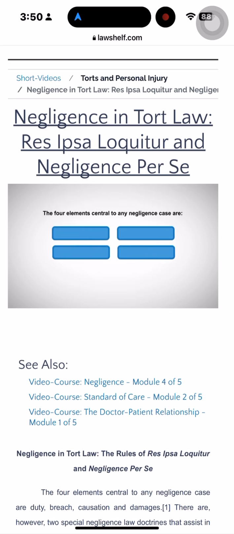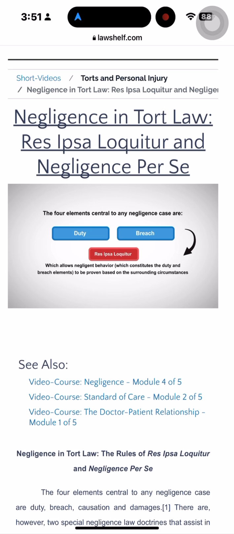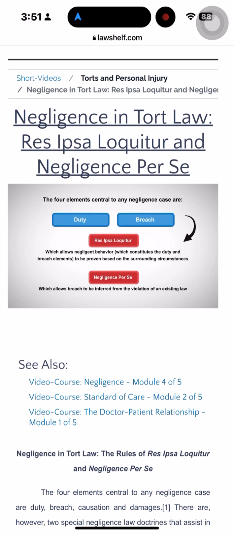The four elements central to any negligence case are duty, breach, causation, and damage. There are, however, two special negligence law doctrines that assist in proving the first two elements. These are res ipsa loquitur, which allows negligent behavior which constitutes the duty and breach elements to be proven based on the surrounding circumstances, and negligence per se, which allows breach to be inferred from the violation of an existing